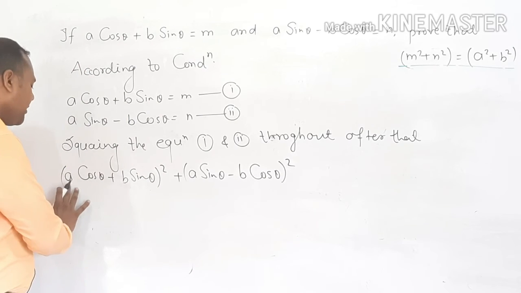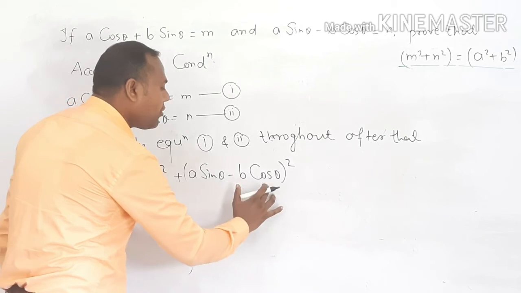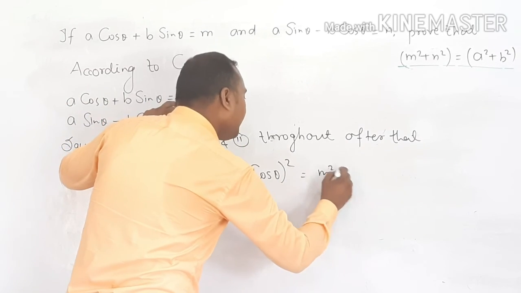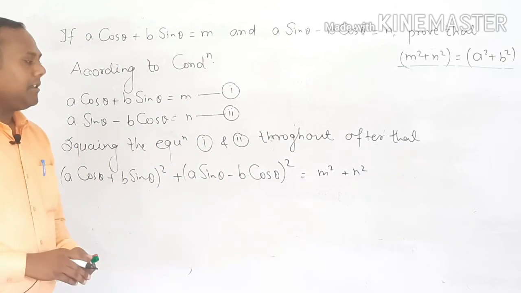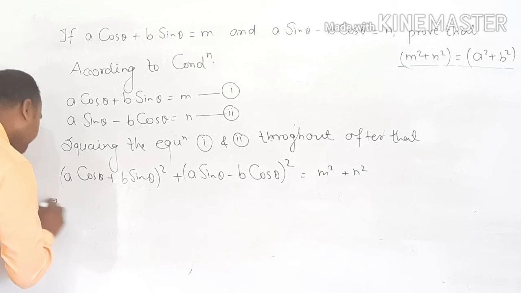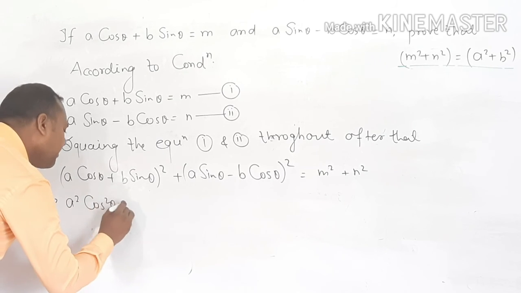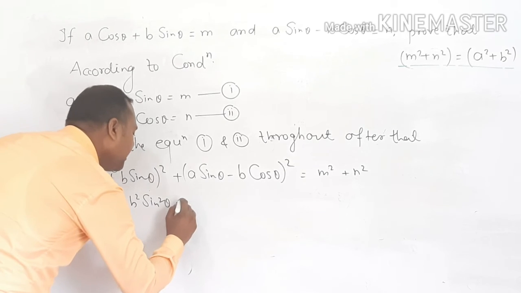That means a cos theta plus b sin theta the whole square plus a sin theta minus b cos theta the whole square, and this is m, that means m square, and this is n, that means n square. And after solving, that means a square cos square theta plus b square sin square theta plus twice of,